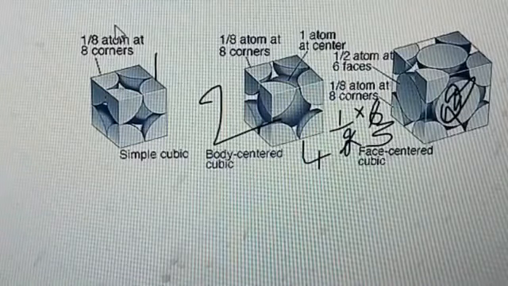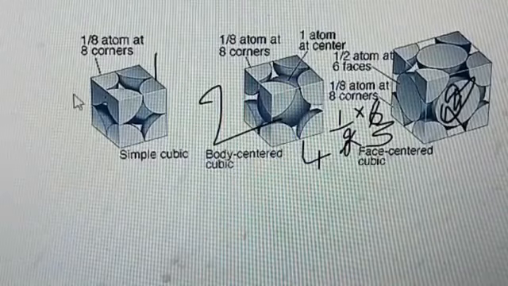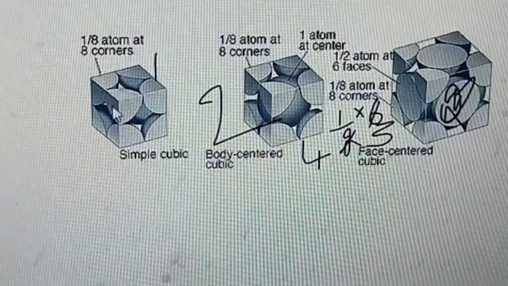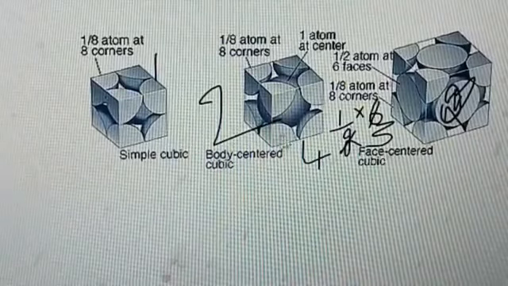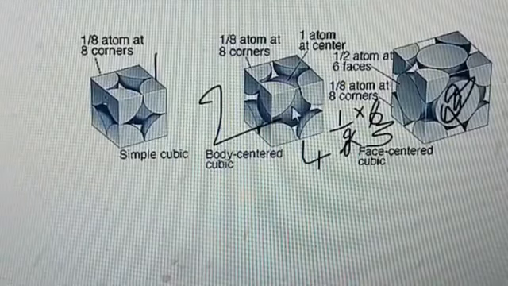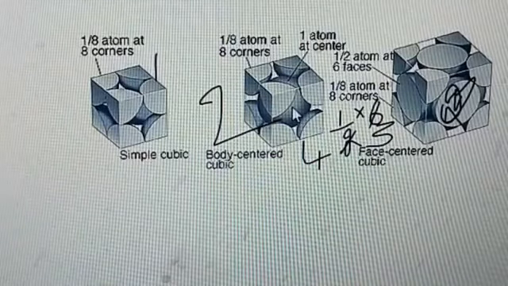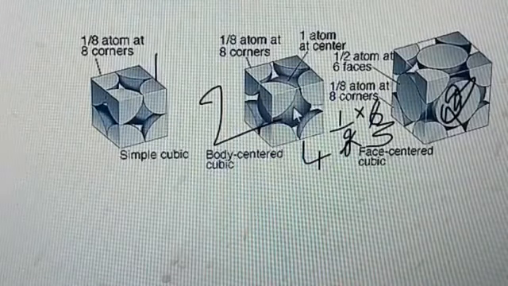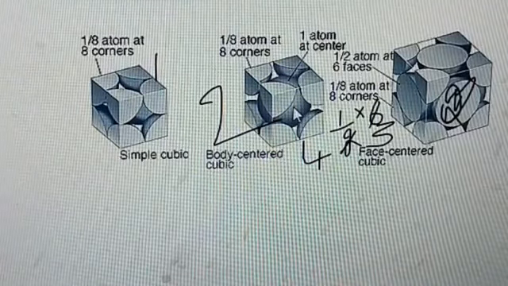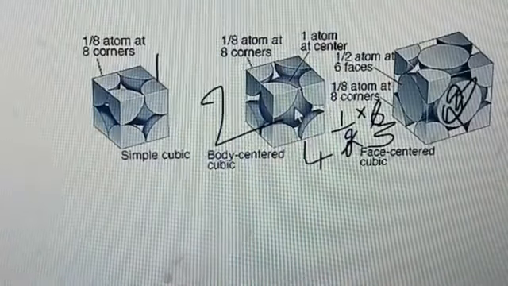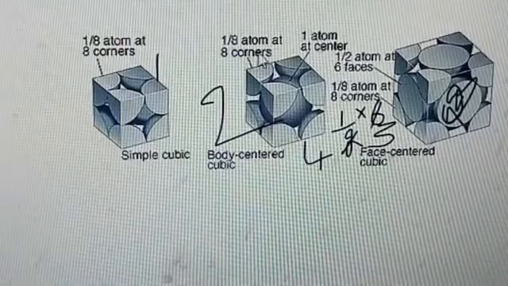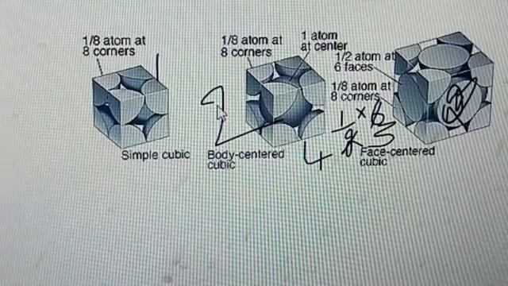In the same manner, the number of atoms per simple cubic unit cell or primitive unit cell is nothing but 1. And if we take body centered, along with the corners, one particle will be present at the center of that particular unit cell. That particle belongs to only that unit cell. Along with that, 1 by 8 atom at its corner means 1 by 8 into 8, so we get 1. 1 plus 1 is equal to 2.